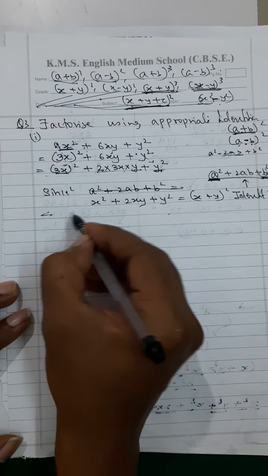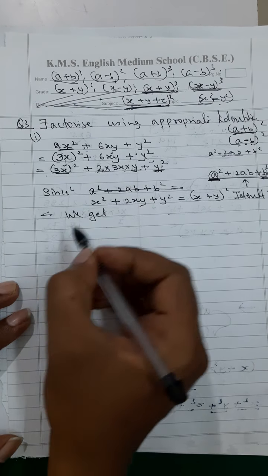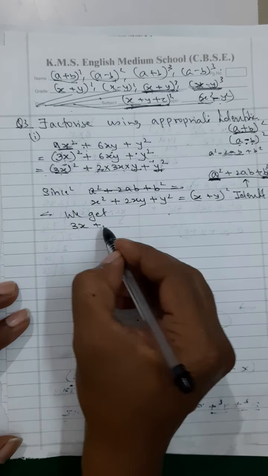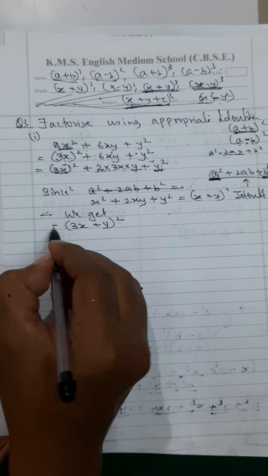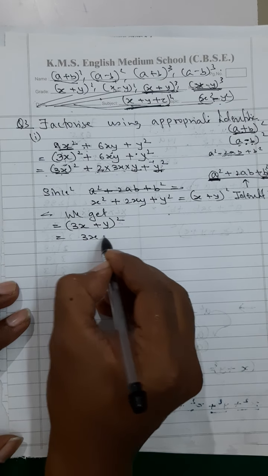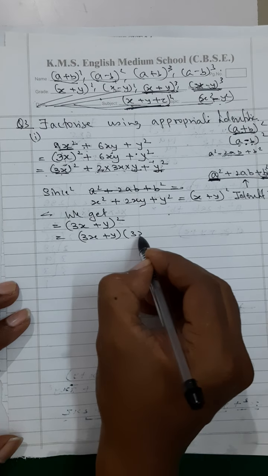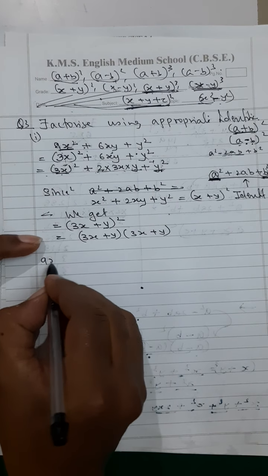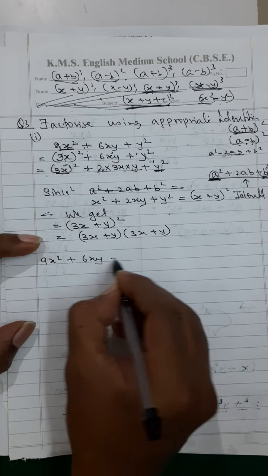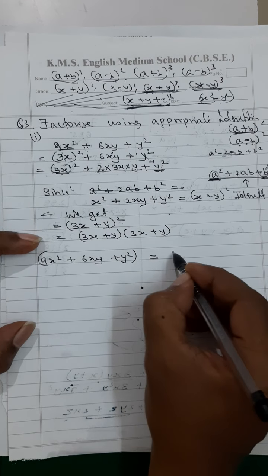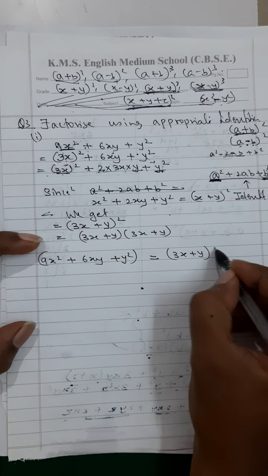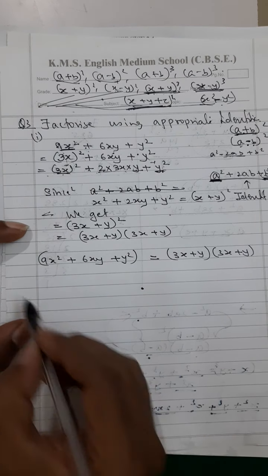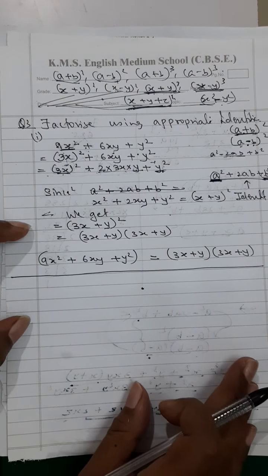1. Therefore we get, this is what, 3x is going to be our a, this sign will come over here plus y will be y the whole square, that is equal to 3x plus y into 3x plus y. This is factorization done. Now you have factorized this. So actually 9x square plus 6xy plus y square is equal to 3x plus y into 3x plus y. If I multiply this, I will be getting this. Factorization done. Okay, my dear students, this is how we are supposed to factorize.